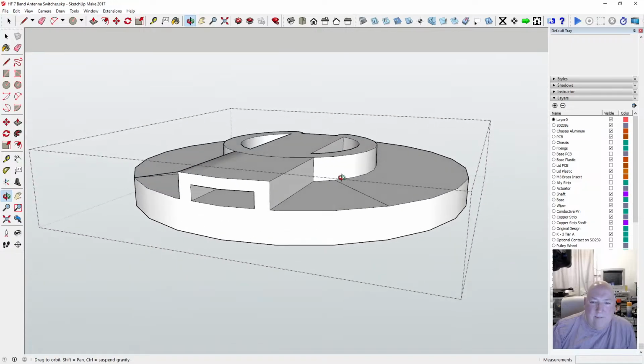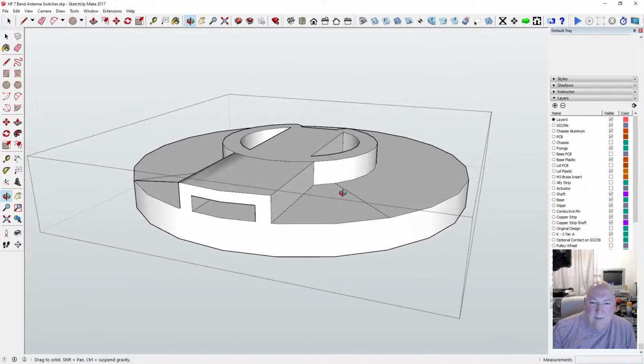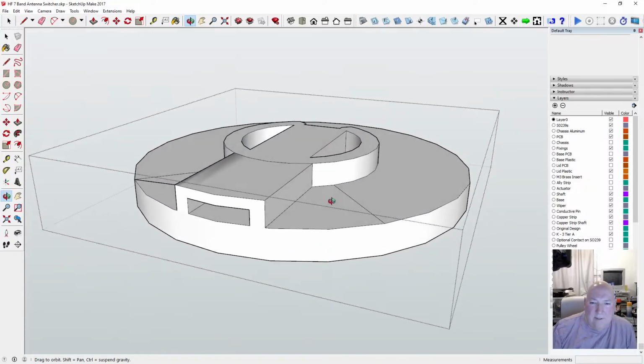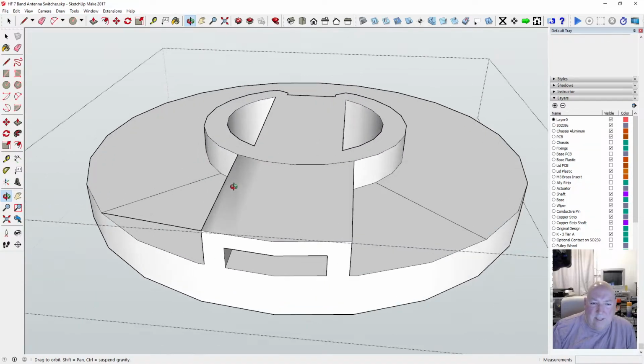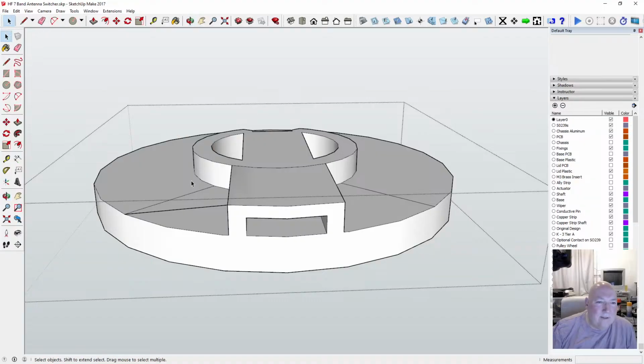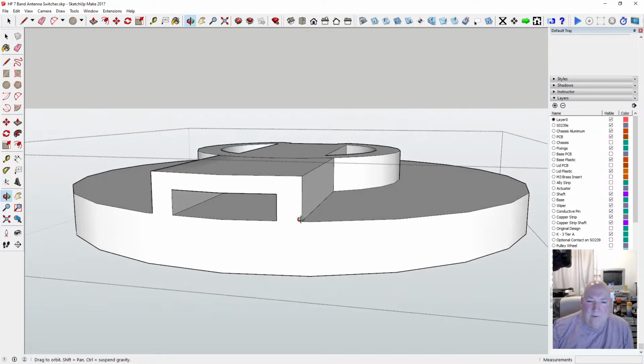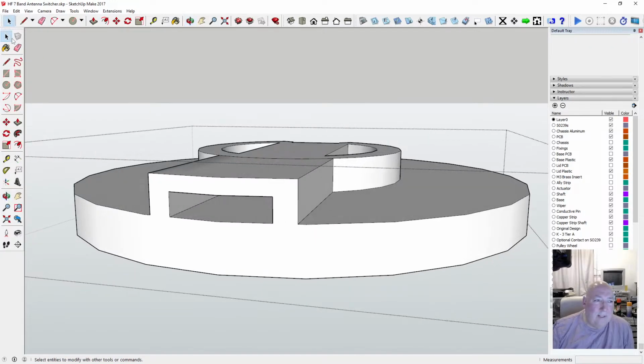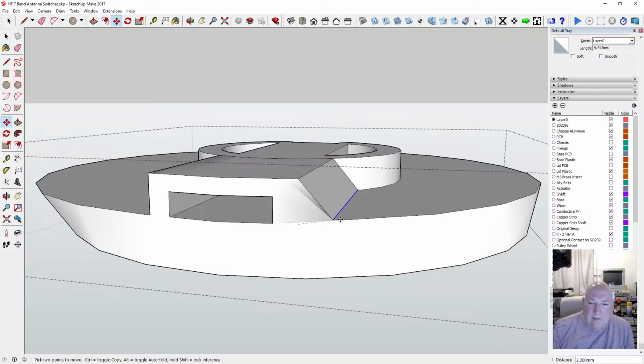Right, so this is more difficult than it looks. I've got weird shades going on as well. Right, why does everything have to be difficult? Why can't it be easy? Right, so what else can we do? I could pull those out. Let's just try pulling that out and see what happens. What's going to happen here? Oh, it's distorting the whole thing.